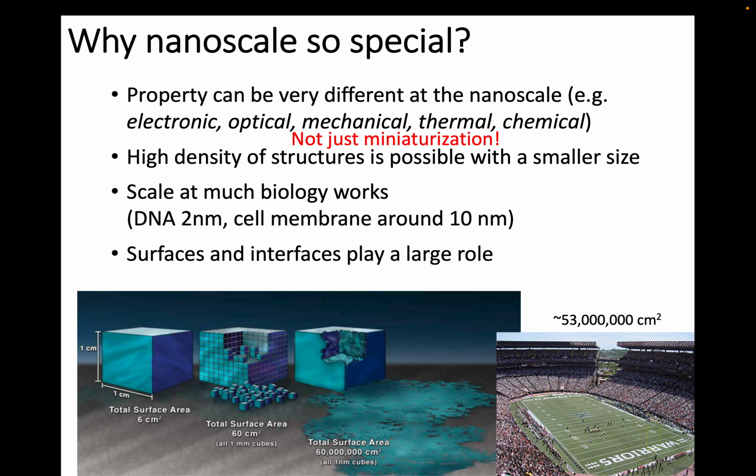So what that means is that if the surface effect is important, for example, catalysis, even with a very small quantity of material, you have so much surface area, and then you can accelerate the chemical reaction, etc., through catalysis. So this is why nanomaterials are also very important, for surface and interfaces.